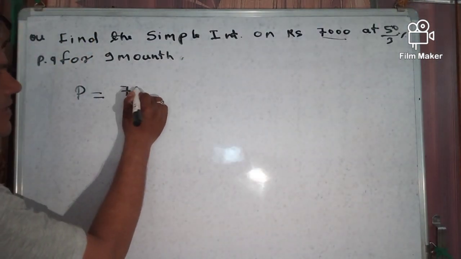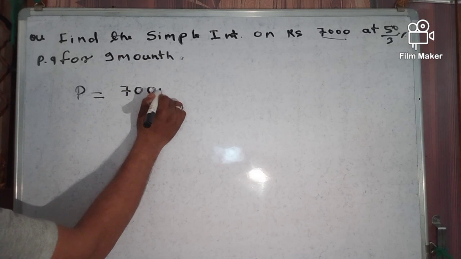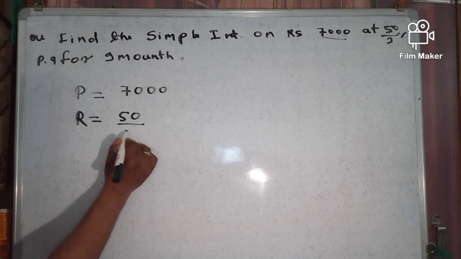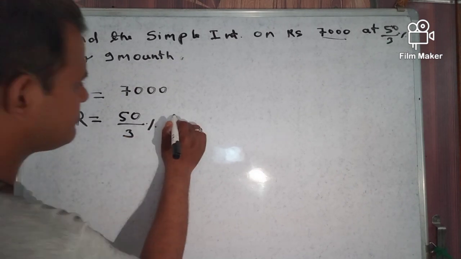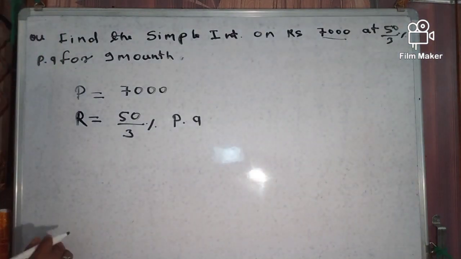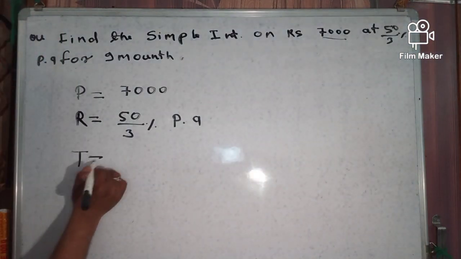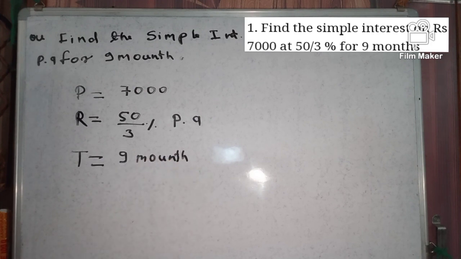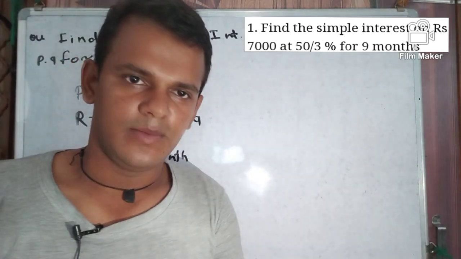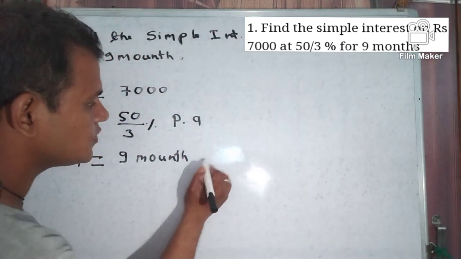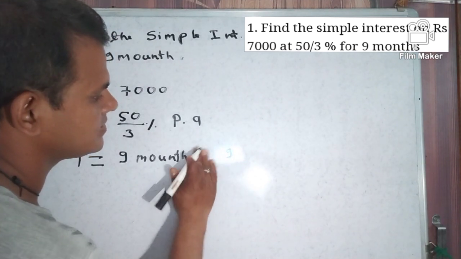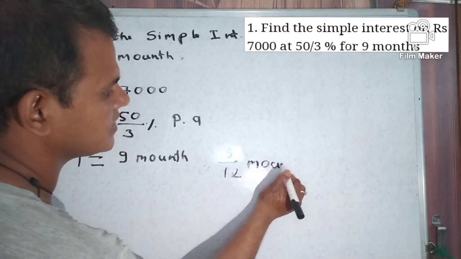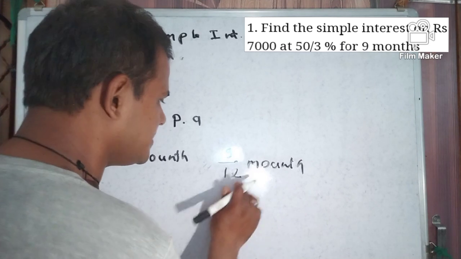So right here, 7,000, and rate of interest 50 by 3% per annum, but time is given only as 9 months, and rate of interest is given per annum. So convert months to years. So 9 by 12 months. Okay, so it is in years,